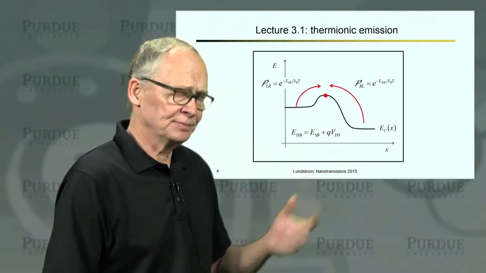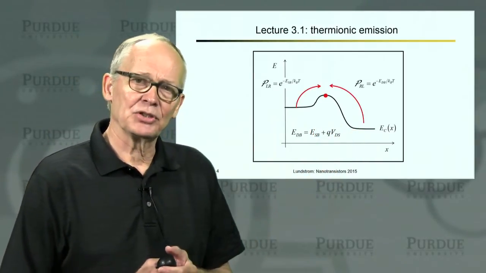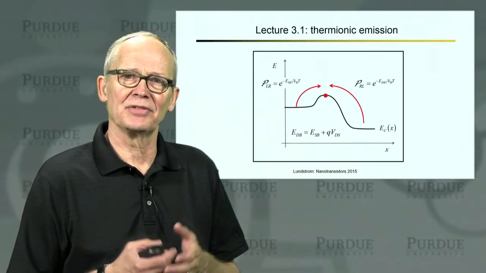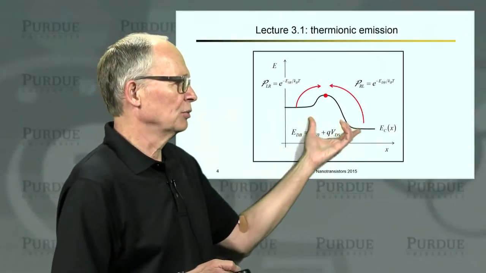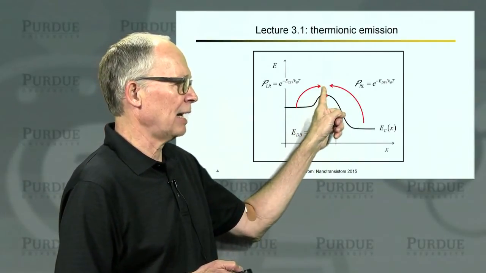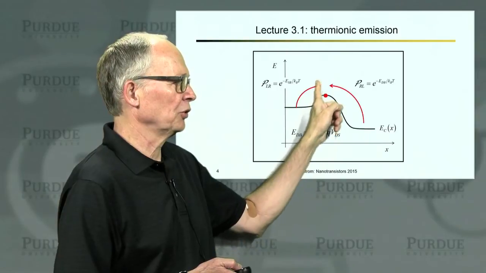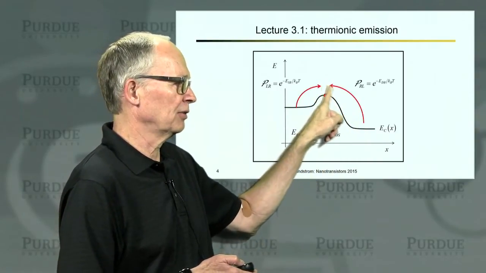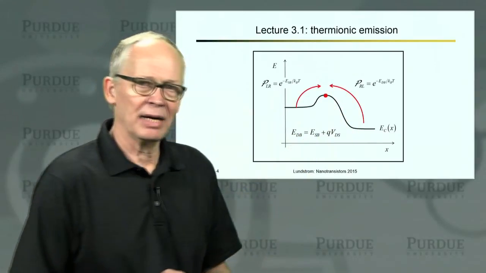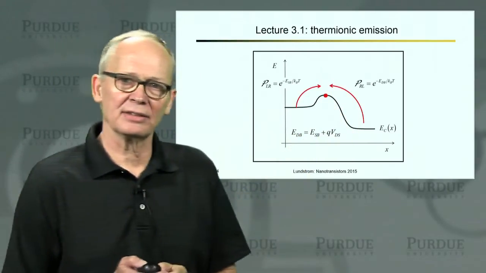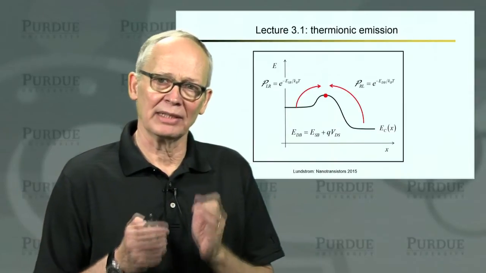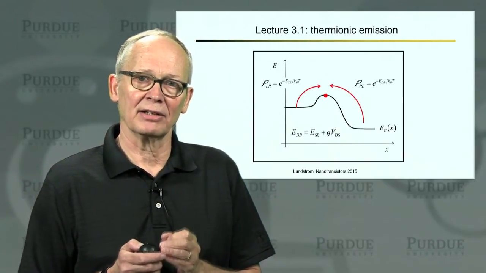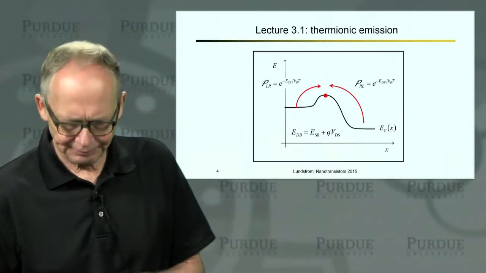In the first lecture, it was just an attempt to show you how easy it is to understand a ballistic MOSFET in terms of thermionic emission. So we showed that there's a probability of hopping over the barrier from the source, and there's a probability of hopping over the barrier from electrons in the drain. And by using those two processes and understanding that they're exponentially related to the height of the barrier, we could quite easily develop the IV characteristics for the ballistic MOSFET.